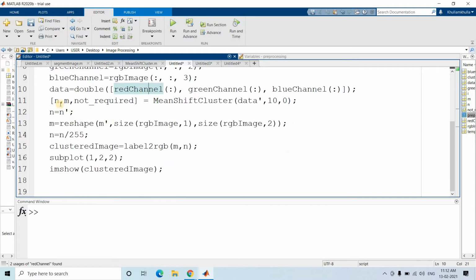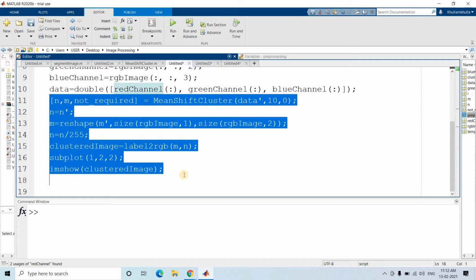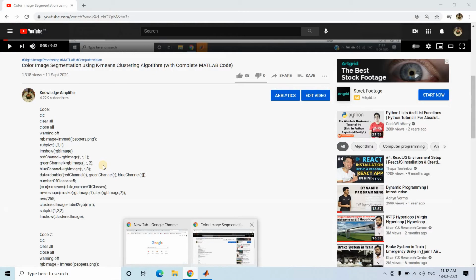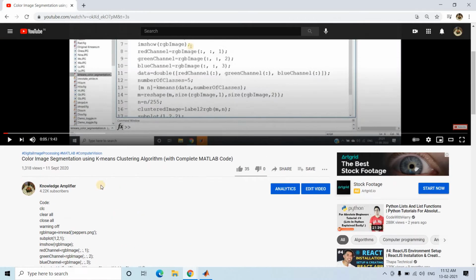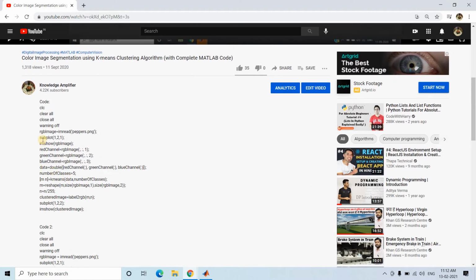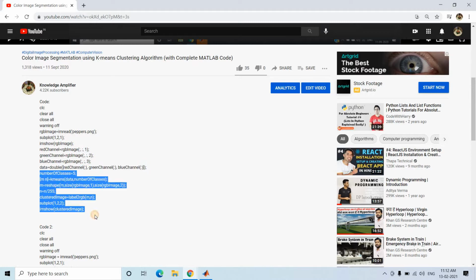Now this particular piece of code I have simply taken from my previous discussion, where I discussed color image segmentation using the k-means clustering algorithm with complete MATLAB code. See here, red channel, green channel, blue channel separately we have extracted, then created one single matrix, converted to double, and the same kind of code I have taken here.